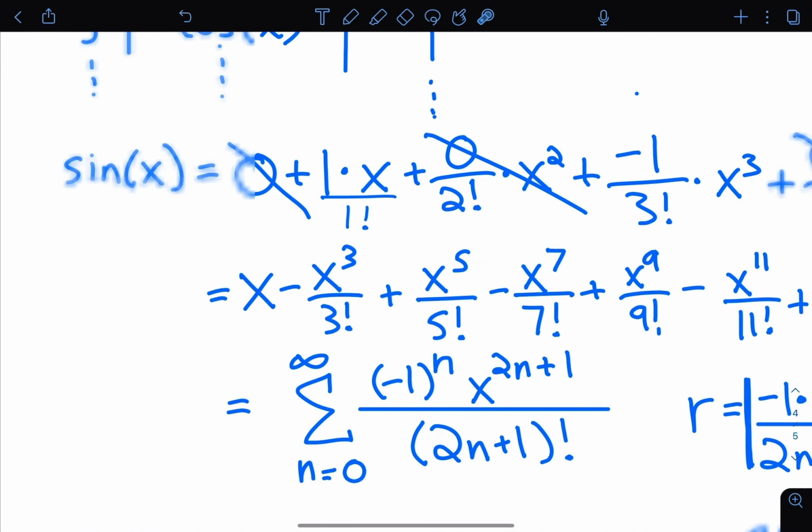I can go ahead and represent this using sigma notation. So starting at 0,